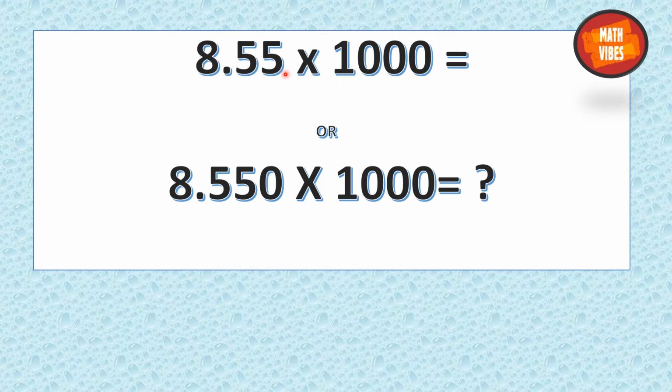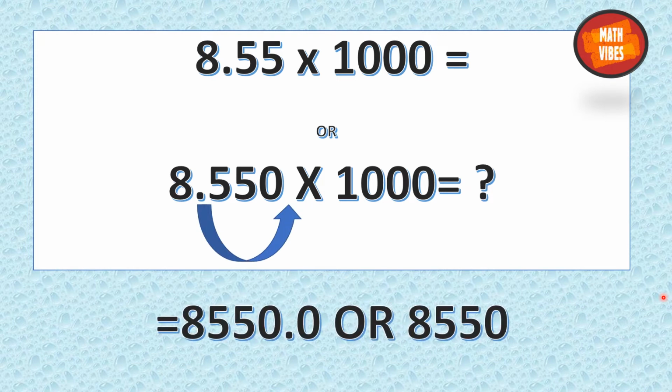And we know that after a decimal, we can add as many zeros as we want. According to our need and requirement, we will keep on adding the zeros. Here I want only one more digit, so I have added only 1 zero. So now these are 3 digits. Now it will be easy. The decimal will be shifted 3 places to the right, and now the answer will be